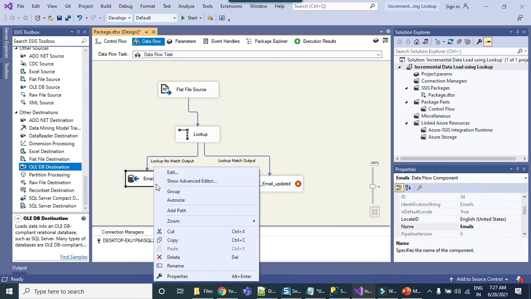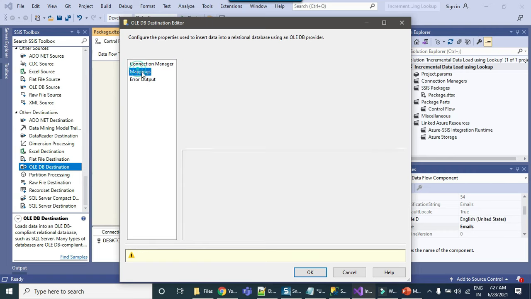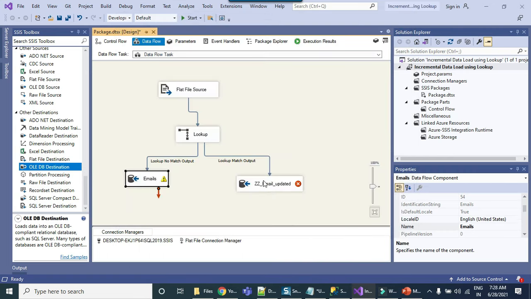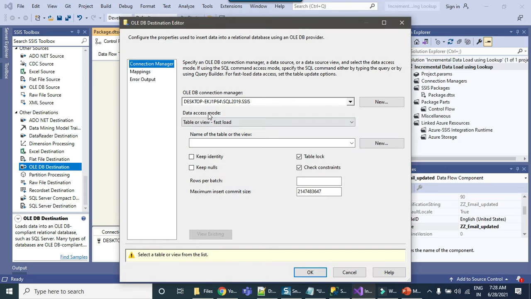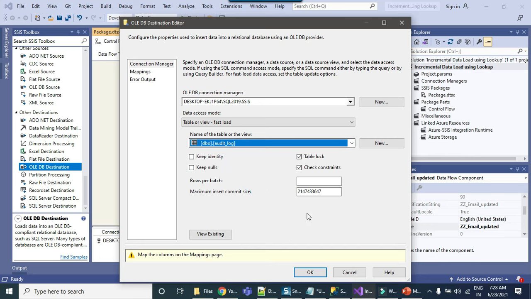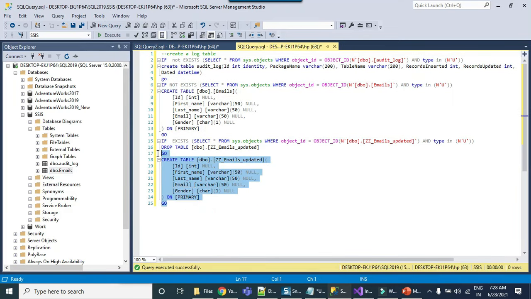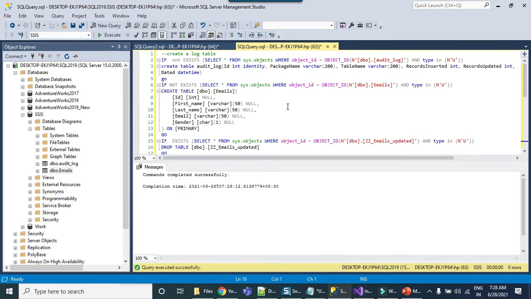Okay, so let's configure this. Select emails table from here. Okay, and let's select ZZ email updated table from here. This table does not exist as of now, so let me just create this table.